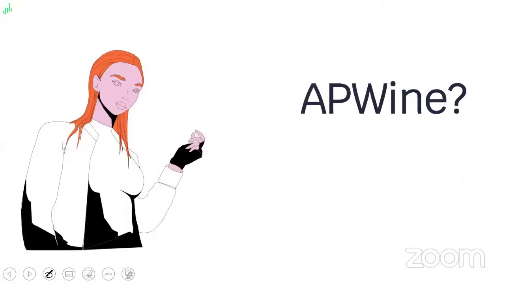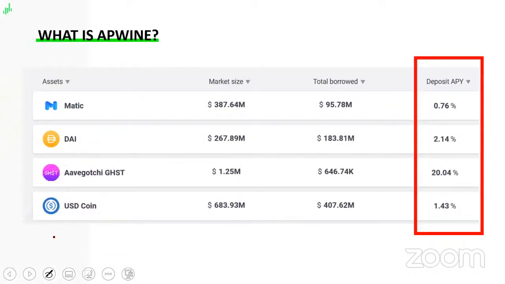So first, what is APWine? I'm pretty sure that you are aware of this interface. This is AAVE. What does it mean here? If you have DAI or if you have USDC, you can deposit them in AAVE. Someone will borrow them. But what you would earn right now, for USDC at least, it will be